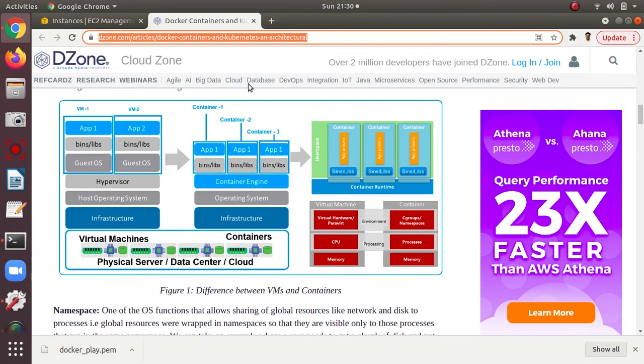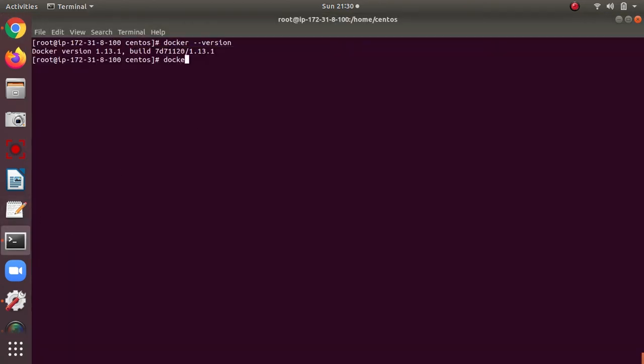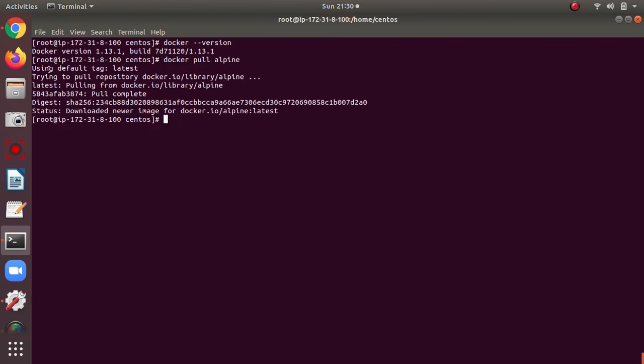You can go to the documentation and see the whole thing, how it compresses the storage memory. So when I pull any image, suppose alpine, this is the command to pull any image. When I hit enter, it pulls directly from Docker Hub, from the public registry.